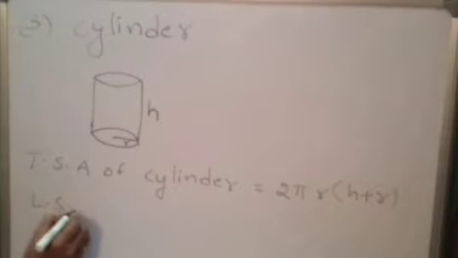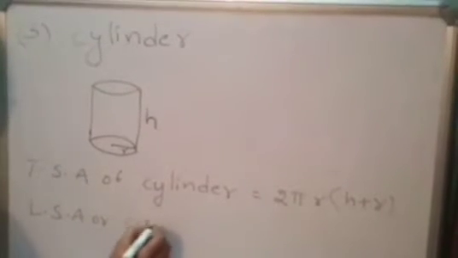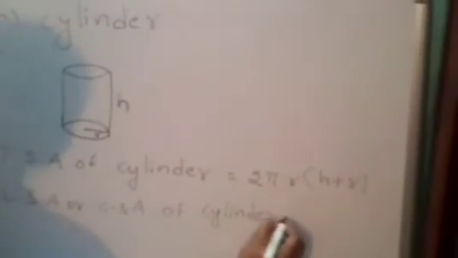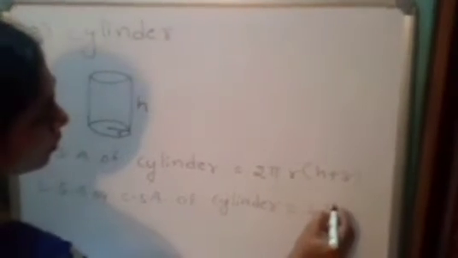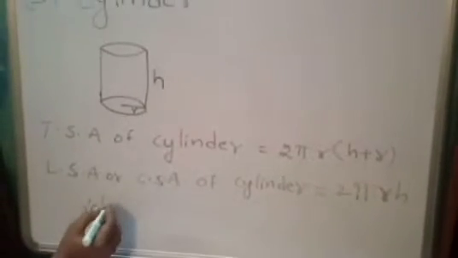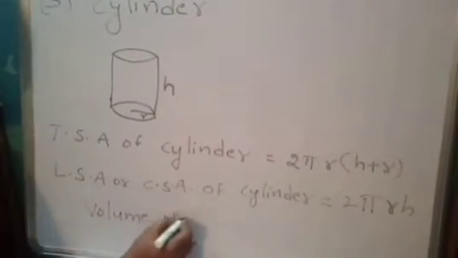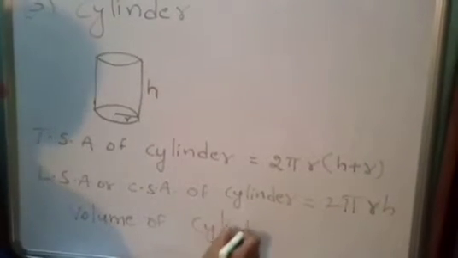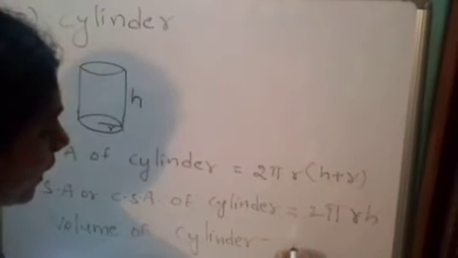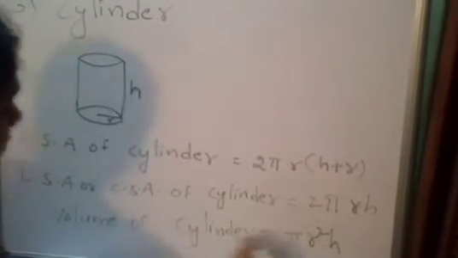Lateral surface area or curved surface area of cylinder equals 2 pi r h. Volume of cylinder equals pi r square h. And next formula,